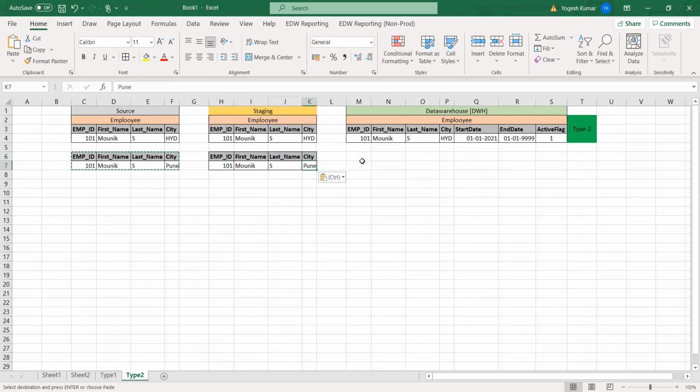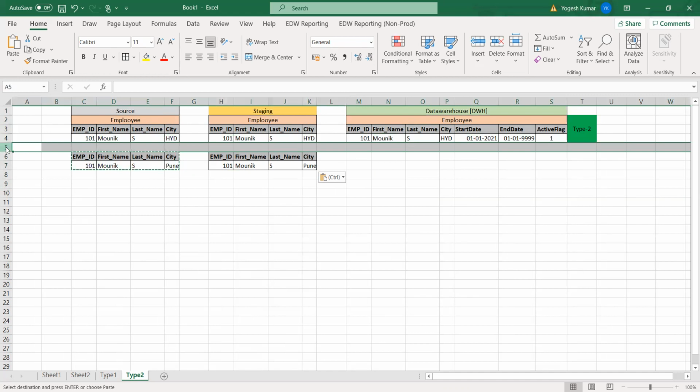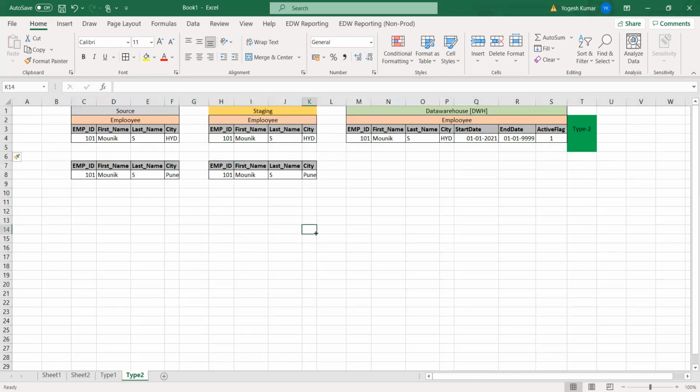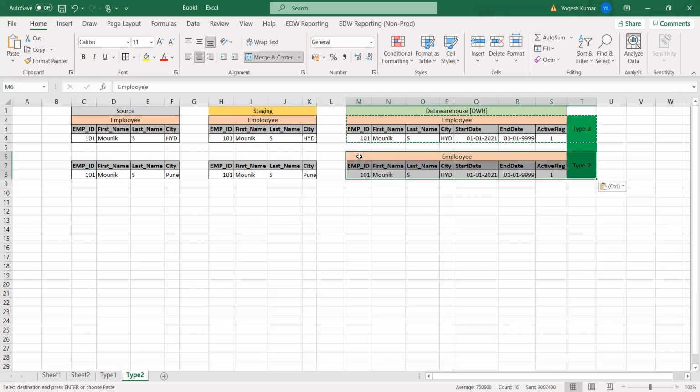Now, before loading into the data warehouse, it will check whether this already exists in our target table, the type 2 table.